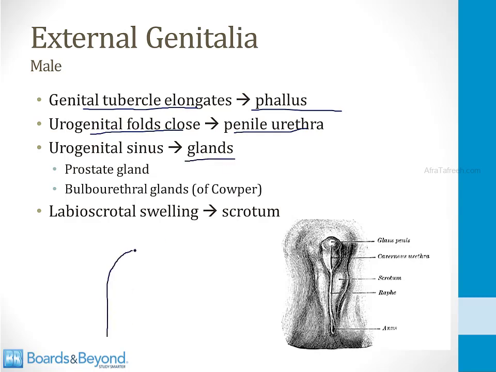Remember that sinus is a cavity that goes inside the embryo. The opening to the cavity will be closed when the folds come together and form the penile urethra. But that cavity that goes inside of the embryo will form glands inside the embryo. And in the male, this includes the prostate and also the bulbourethral glands of Cowper, which both contribute some of